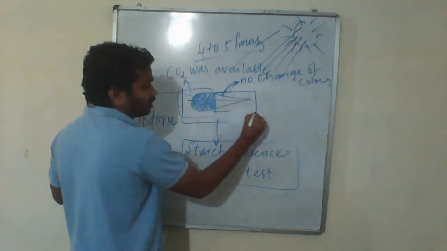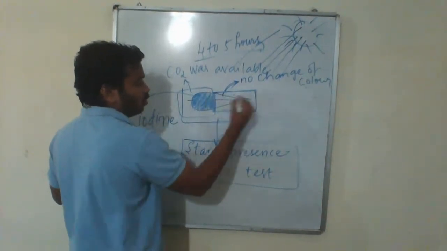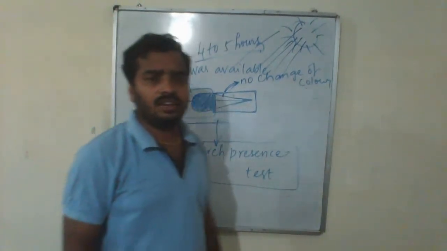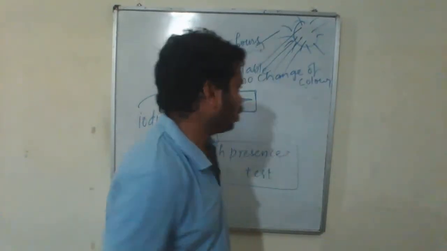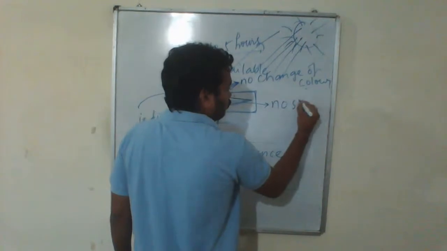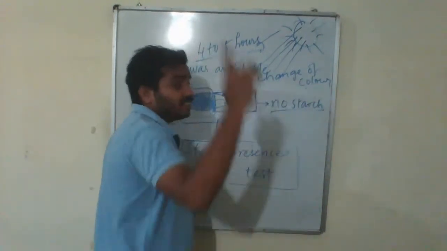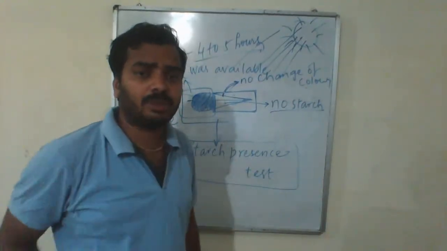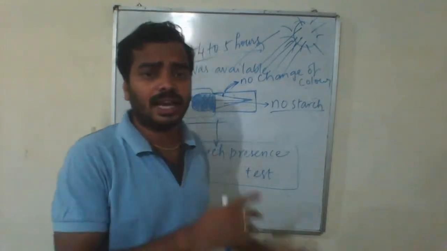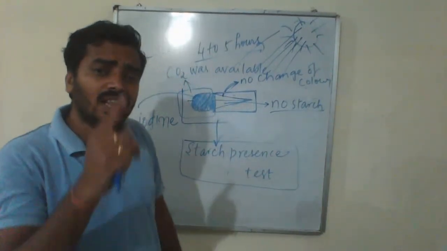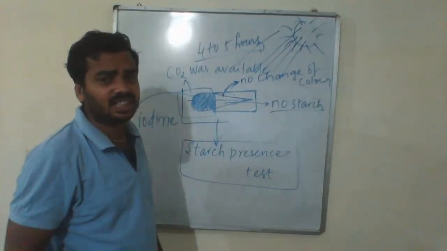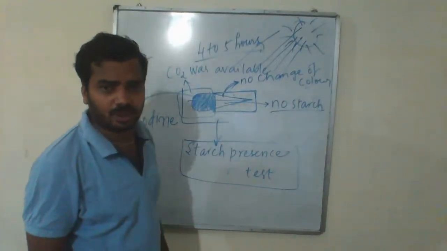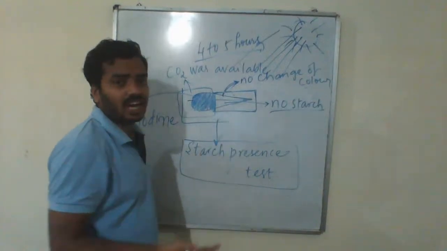Why is there no change in this part of the leaf? Because no starch was prepared. అయితే ఫస్ట్ నేను చెప్పిన, why we have the destarching అని. డీస్టార్చింగ్ ఎందుకు చేసినామో ఇప్పుడు చెప్తా అని చెప్పిన. At the end of this activity I told you that I will explain why we have destarched the plant. ఒకవేళ డీస్టార్చ్ చేయలేదు, if we hadn't done the destarching step before this experiment, డీస్టార్చింగ్ లేకపోతే ఏంటి, మొత్తం బ్లూ కలర్ గా కన్వర్ట్ అయిపోతుంది. Because the entire leaf consists of starch.